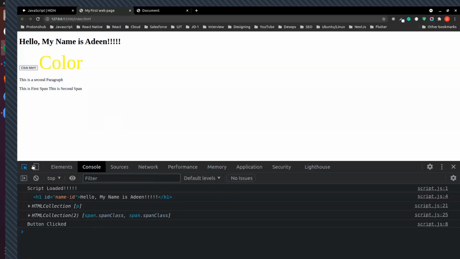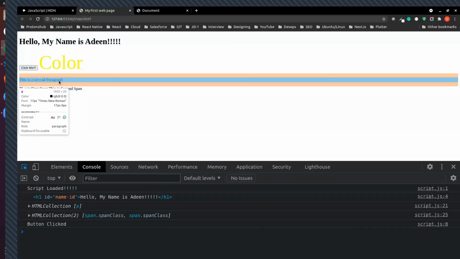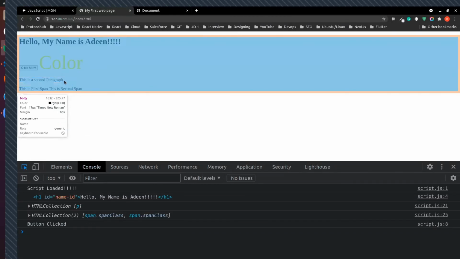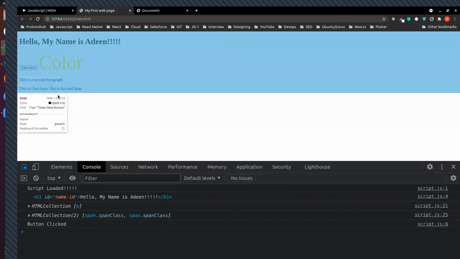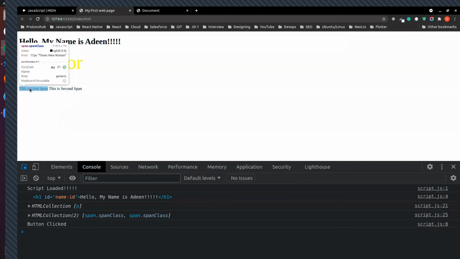So if I hover here, you can see that it is taking the full width of my page. This is a paragraph tag, right? It's a block element. And the span is an inline element, so it takes only that much space which is needed by it.